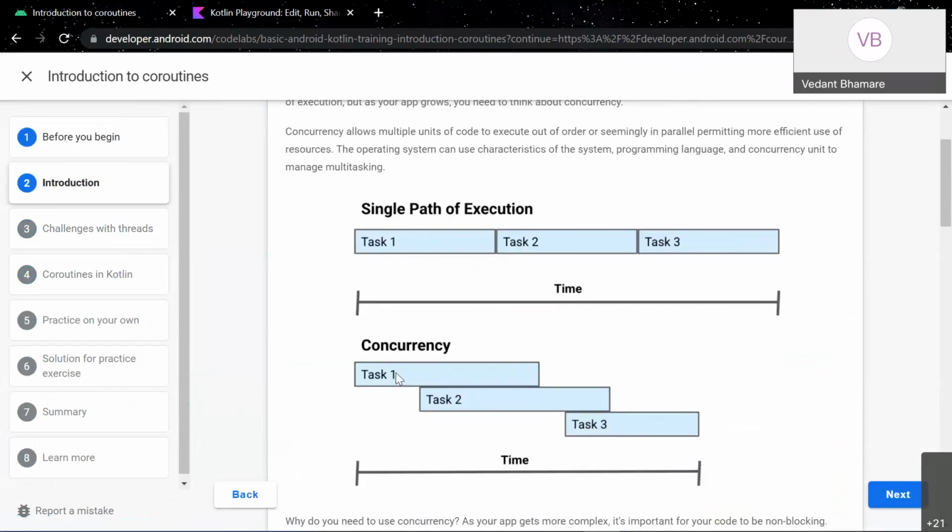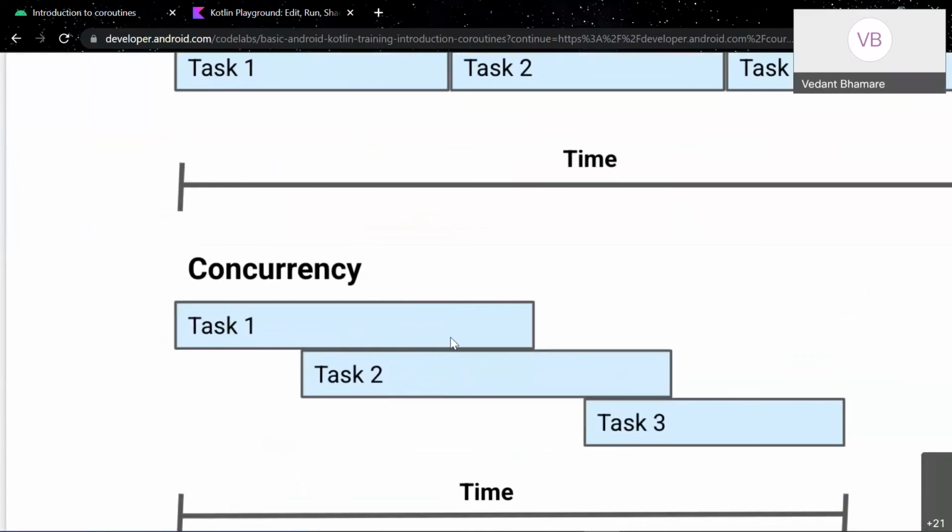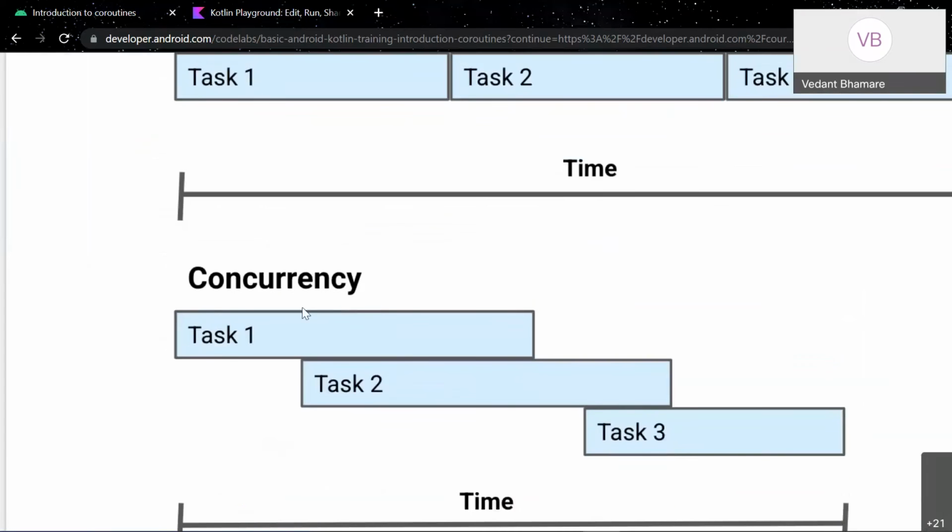Yeah, consider that this is one thread. And inside the same thread, you can run multiple jobs. Like I want to make an API call, I want to update the UI, I want to check for user response. All that can be done on a single thread, but on different jobs. And jobs can run concurrently, so they won't be blocking each other.